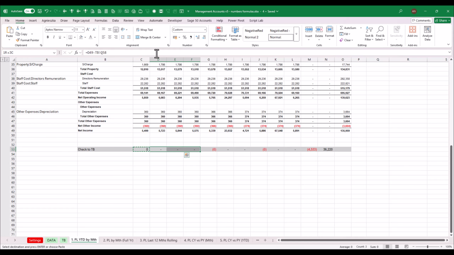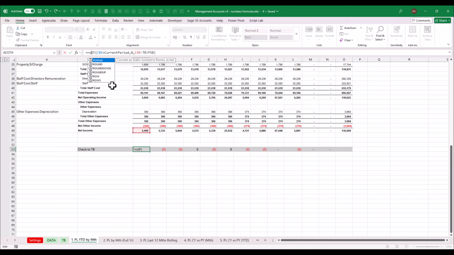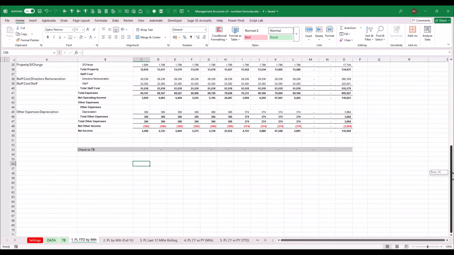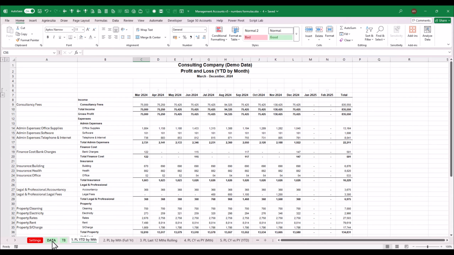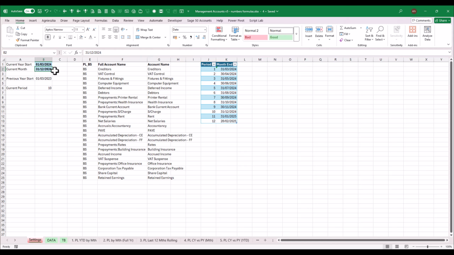Okay, so these are now... I'm happy with the trial balance. And if I don't like the way the zeros are displayed, I can just round it to 2 decimal places. That's what I want to see, and I'm happy that the figures agree back to trial balance. So now let's do a little bit of a test. Let's pretend we're now doing this for